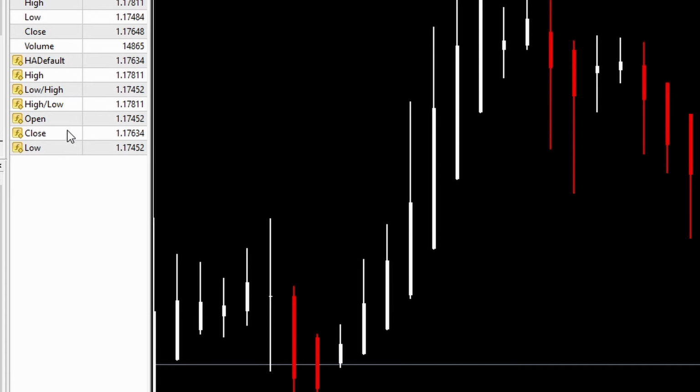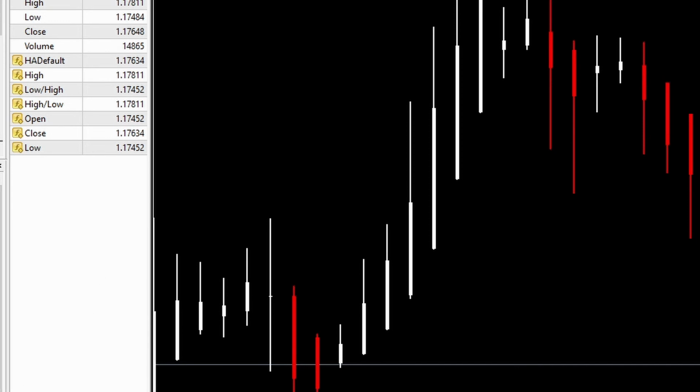Now close, you can see, is way down the list here. But because I've set the default to close, if I move the cursor around, you'll see that this close value is always the same as the default value, or rather, the default value is always the same as the close value. So now I've fixed close as being the default value as well as its own close value.